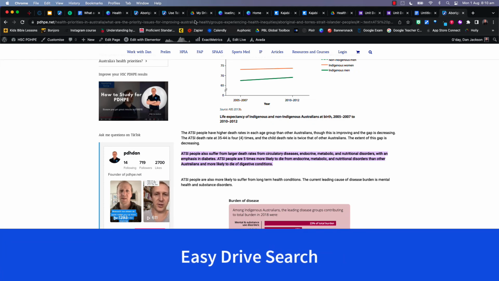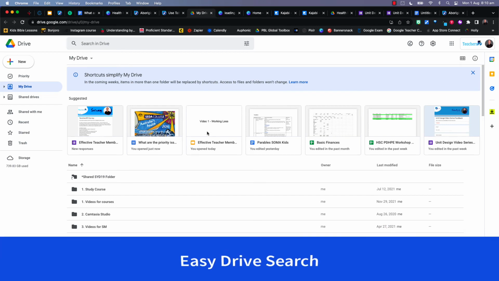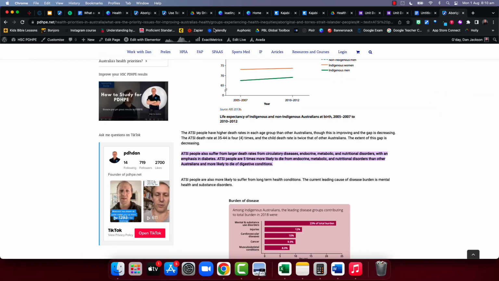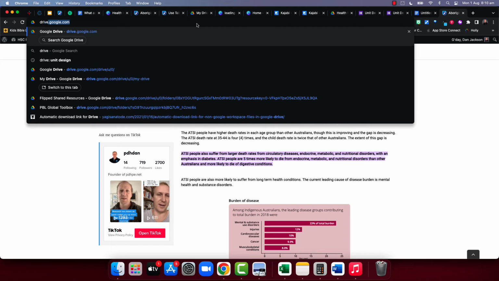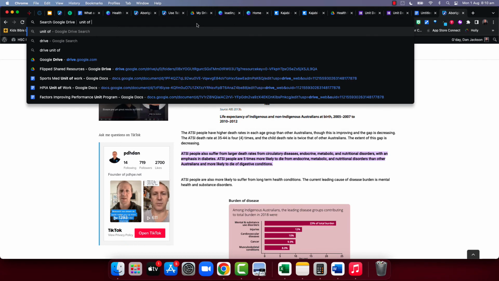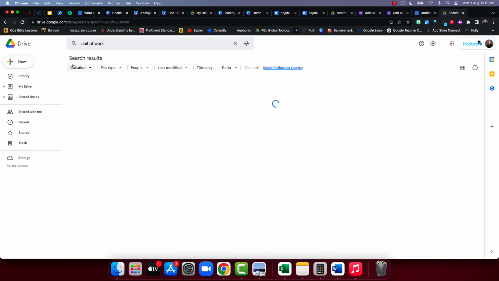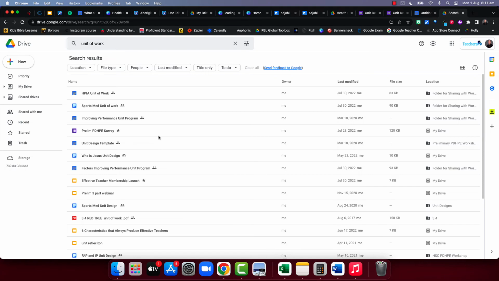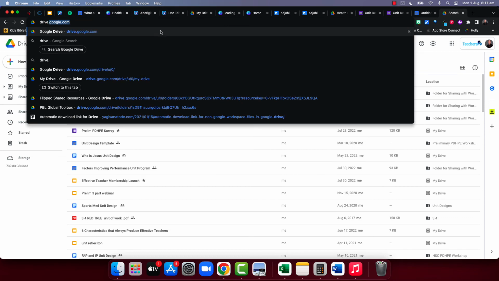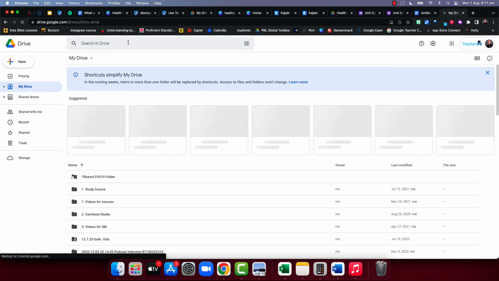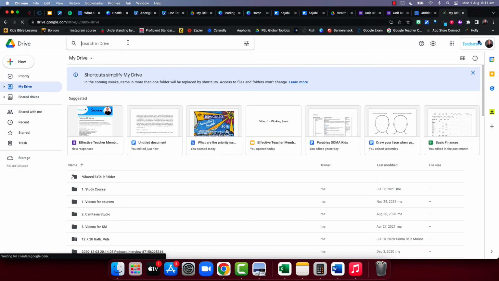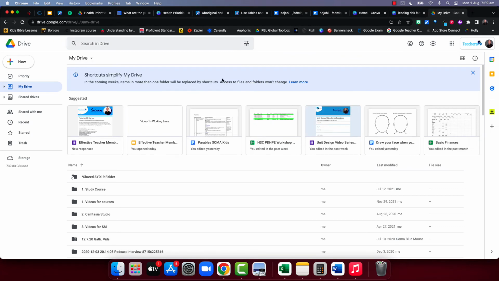You might normally go to drive.com, right, and search in here, but you actually don't need to. On any place, you can just type in Drive and then search your Drive by just pressing spacebar. And now I'm searching in my Drive for unit of work, right? And so straight to Google Drive and it searches it. That just saves you a lot of time. I don't have to constantly go drive.google, wait for that to load and then type in my search. I can just search straight away. Okay,